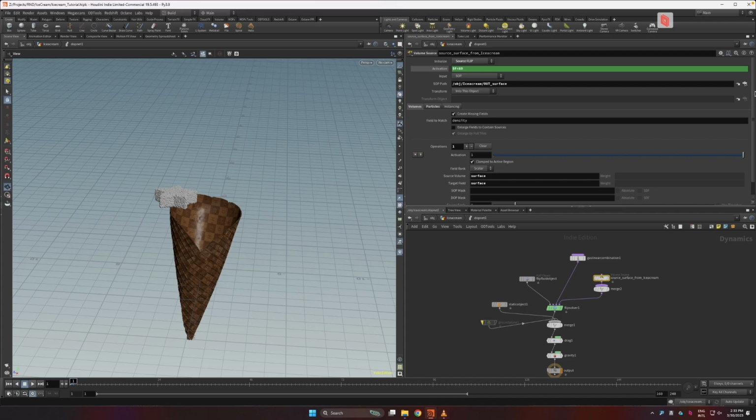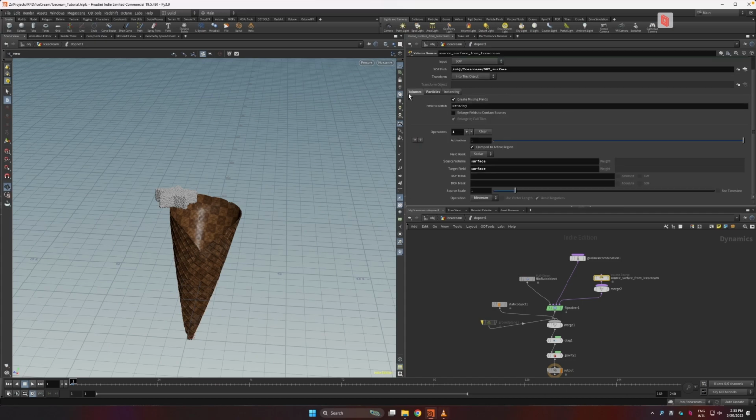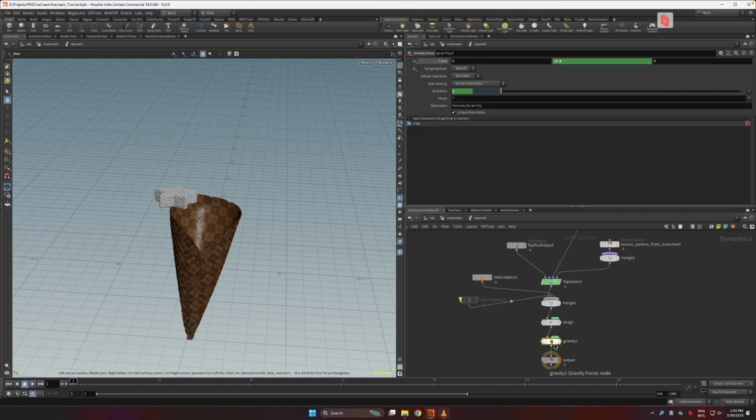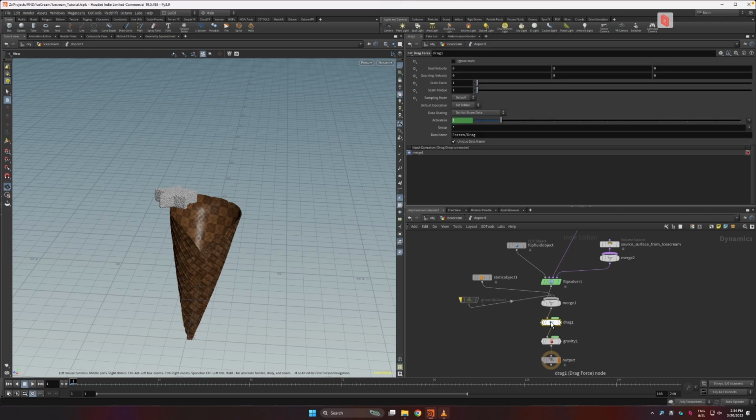Here I'm just sourcing the particles and the initial surface for the flip, and I'm only emitting for about 60 frames, and after that I'm letting the simulation sit still there for a couple of frames more. I have gravity, of course. I have some drag, which is on the default settings,